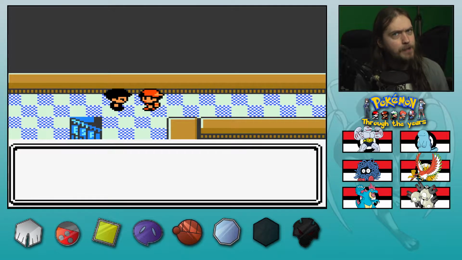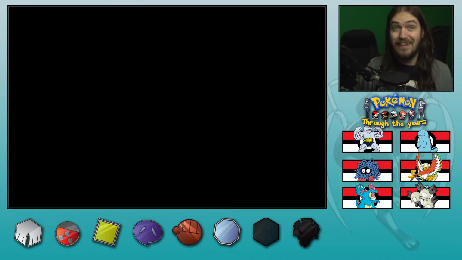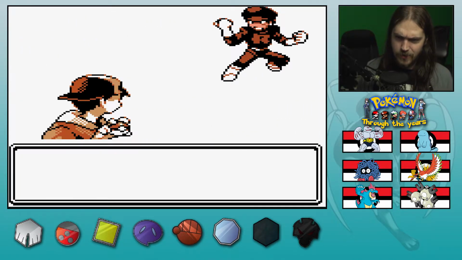Okay, so this is definitely where you're supposed to go. Because you don't go on a staircase like that if that's not where you're supposed to go, or at least if there's a good item there. So,